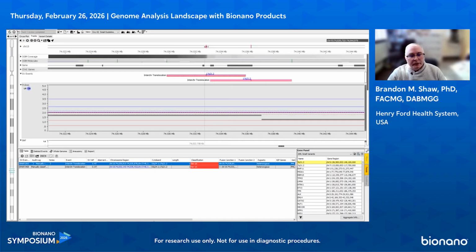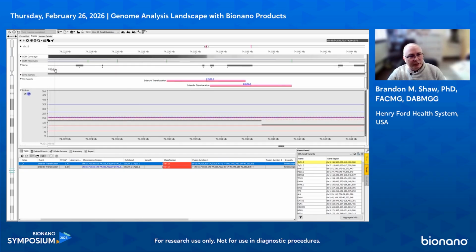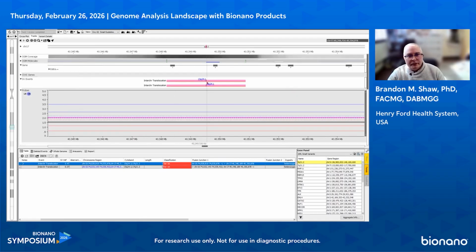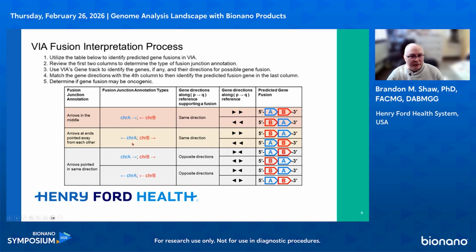But coming back into VIA, how do you know this is a real fusion? You can see here in the table, you have your fusion junction 1 box, right? And you can see from your gene list here that they've provided that PML goes in that direction. And then when you click over to 17q, it jumps right out to where the other end of this translocation is, and you can see that RARA also goes to the right. So both genes are going to the right. You can see your fusion junction here where it's got the arrows pointing in as well as the arrows pointing out. And so Bionano has given us this lovely little table